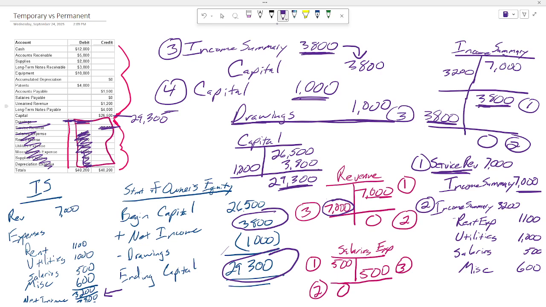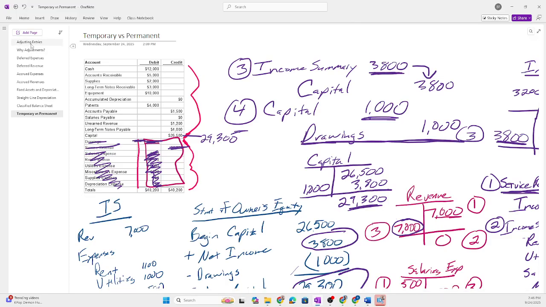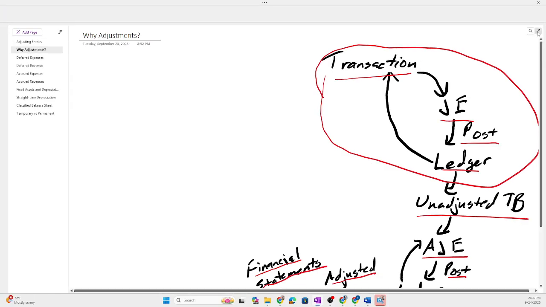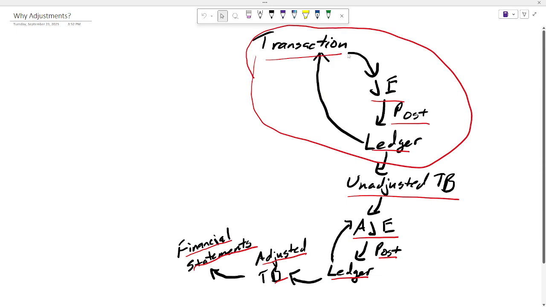If you remember the graphics of the accounting cycle, let's just take a look at those here. We started off with transactions, and then we make a journal entry and post it to the ledger. And when we do that over and over, when we're ready to make the financial statements, we break out of that cycle. We make an unadjusted trial balance. We go through that line by line. If something's wrong, we adjust it. Whenever we make an adjusting journal entry, we post it to the ledger. We do that several times. When we are done, we make an adjusted trial balance. From there, we make the financial statements.